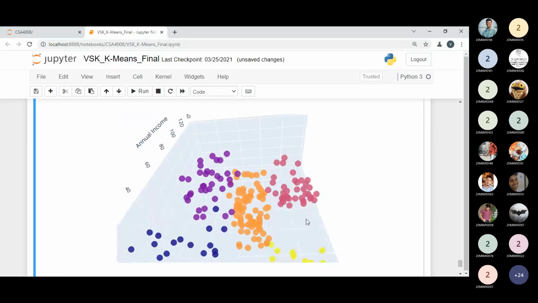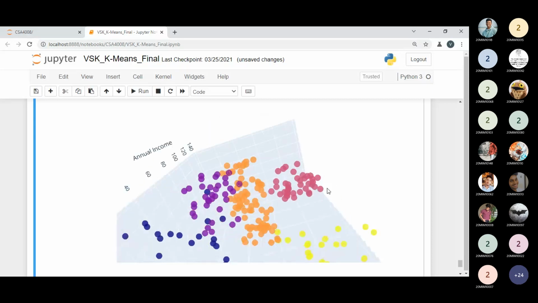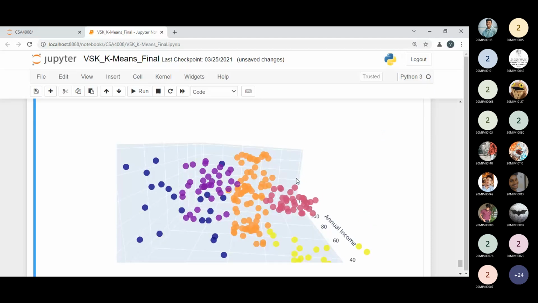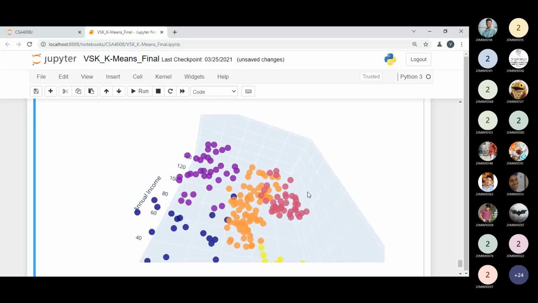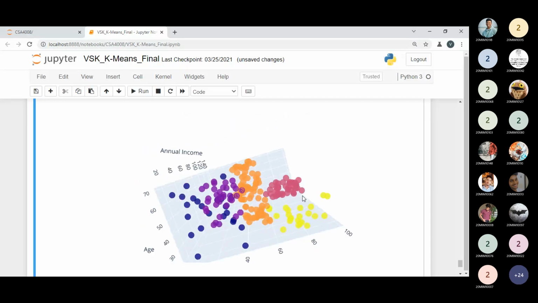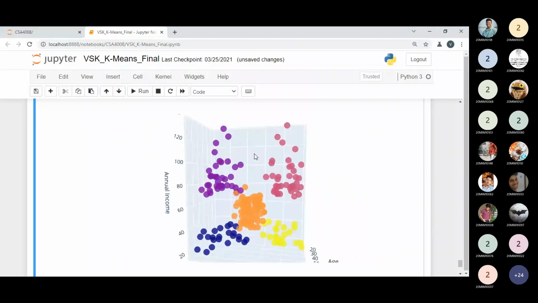I'm just animating my diagram or this figure by using the mouse. Okay, tell me right now, are you able to see? So this is the best example of our graph by which I can depict the clusters properly.